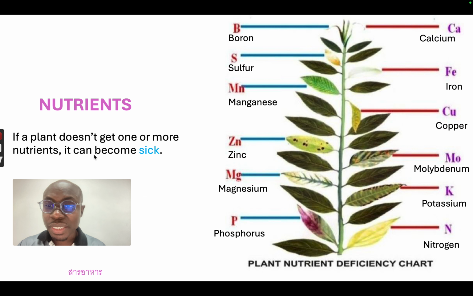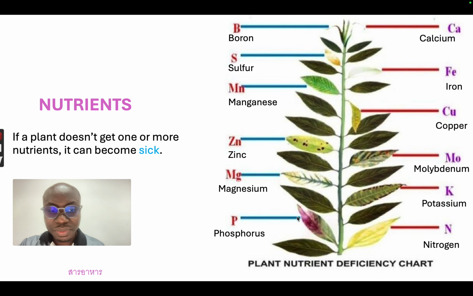Now, when plants don't have nutrients like phosphorus, potassium, calcium, magnesium, the plant can become sick, and sometimes they can die. Sometimes they cannot make enough food if they don't have some nutrients, okay? So if the plant does not have phosphorus, or if the phosphorus is low, the leaves will turn